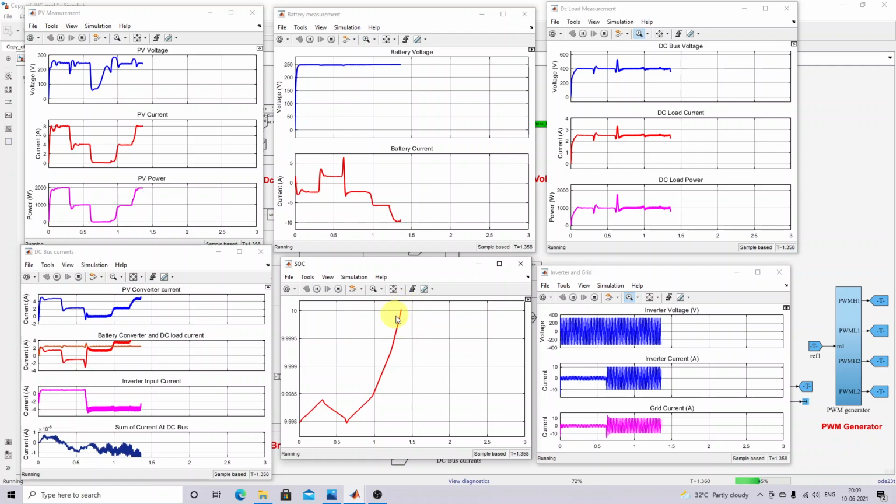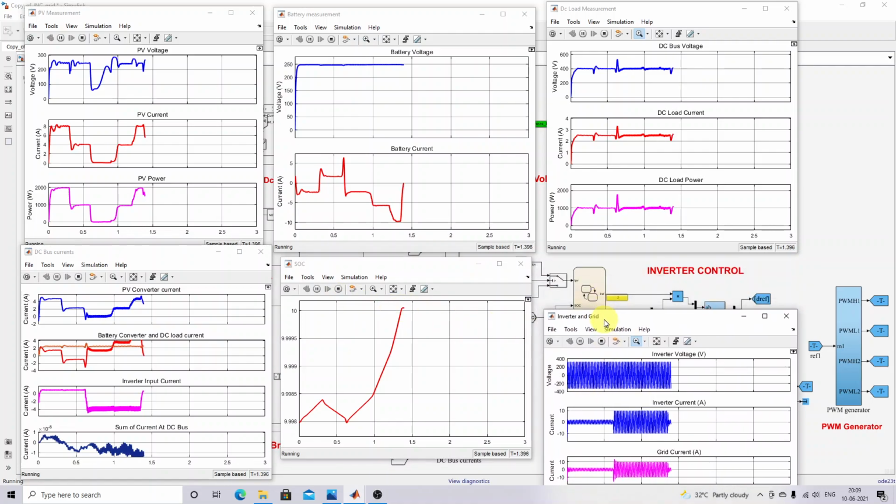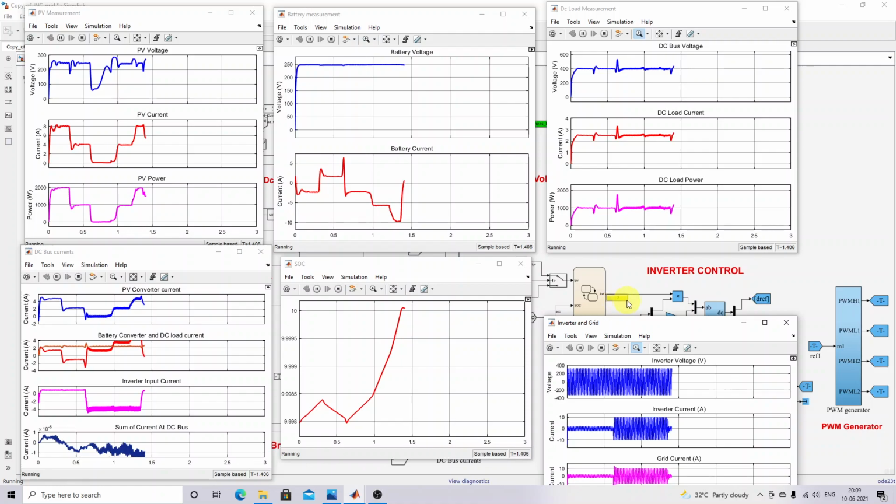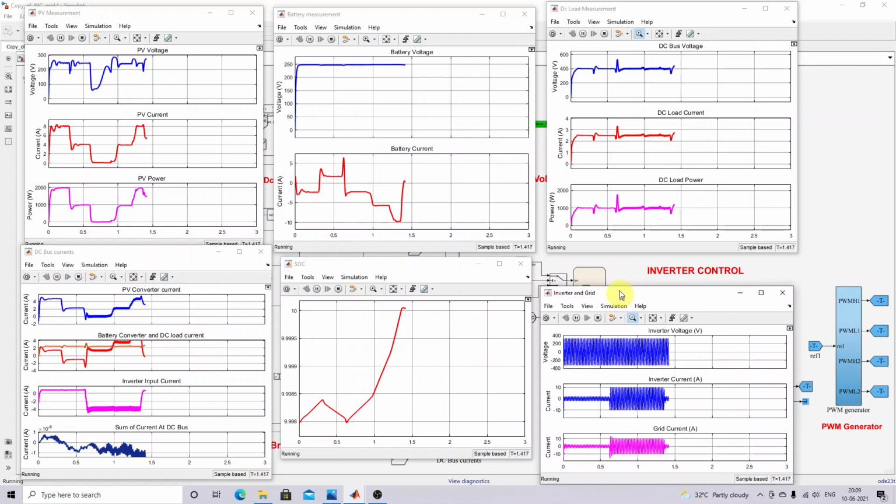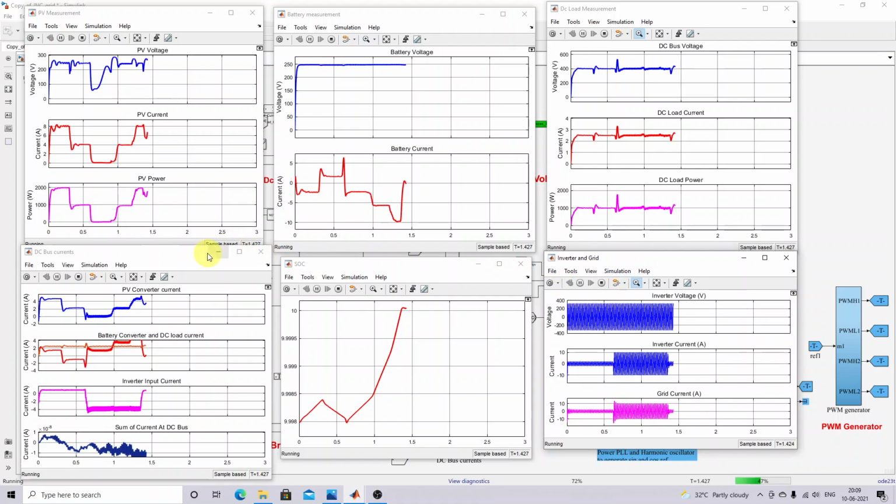Now we can see that if SOC goes greater than 10 percent, what will happen? Both conditions are true. So the reference current changes to 2 amps peak, right? Now you can see that the DC microgrid supplies power to the AC grid. That means PV supplies power to charge the battery, and also provides power to the DC load, and also provides power to the AC grid.